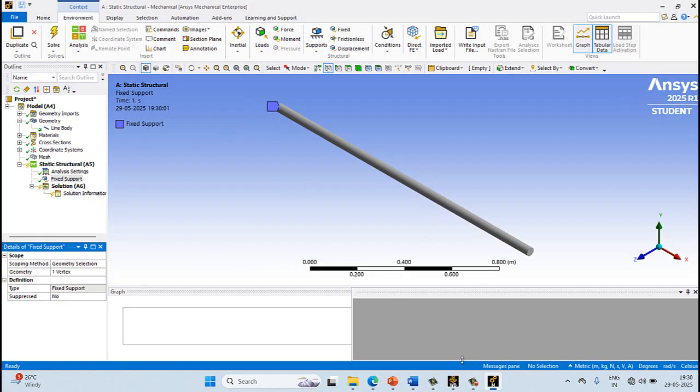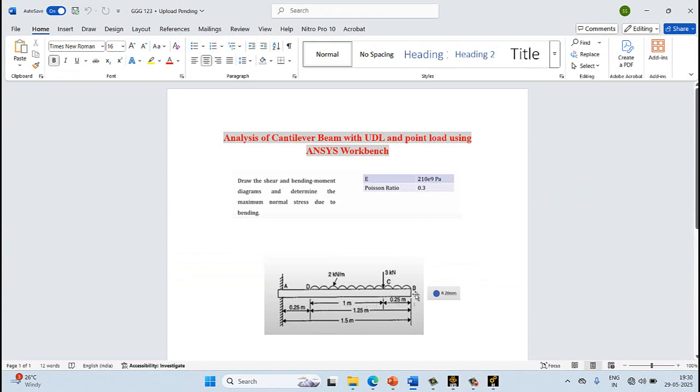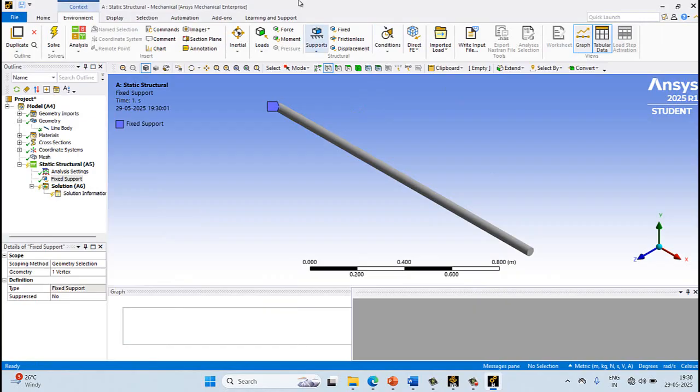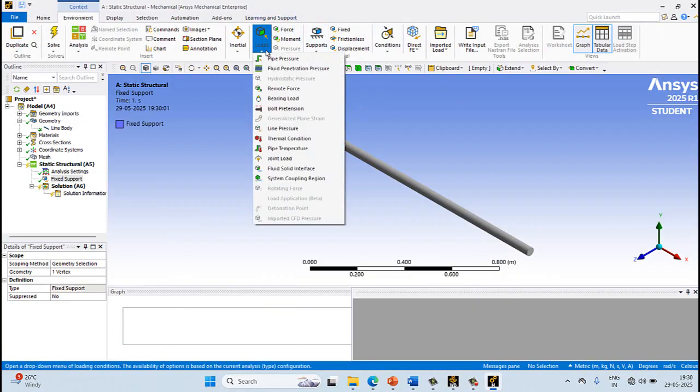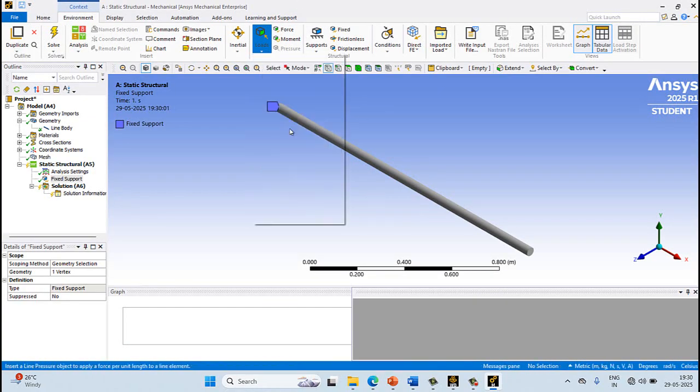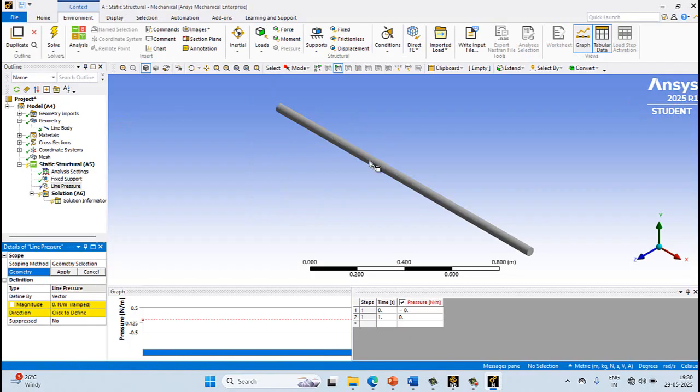Next, second, I want to apply a UDL. I will apply a UDL from the second to the fourth node. So let's look at how to apply a UDL. Go to the loads. In loads we have a line pressure. In line pressure, select the first line, control, second, till where we require the